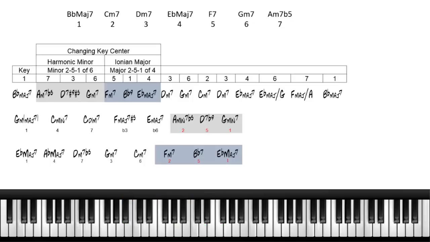Then we went to the 7-3-6. And we know that this 7-3-6 is really a 2-5-1 in the key of G harmonic minor, because the D chord in the scale of B flat is not a dominant chord. So in order to get that dominant chord, you borrow this progression from the G minor, G harmonic minor. So that's where the 2, 5,